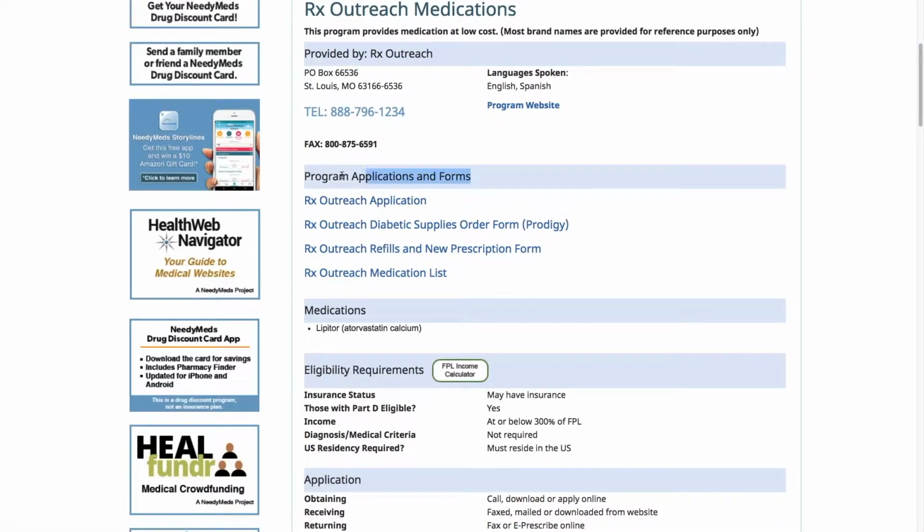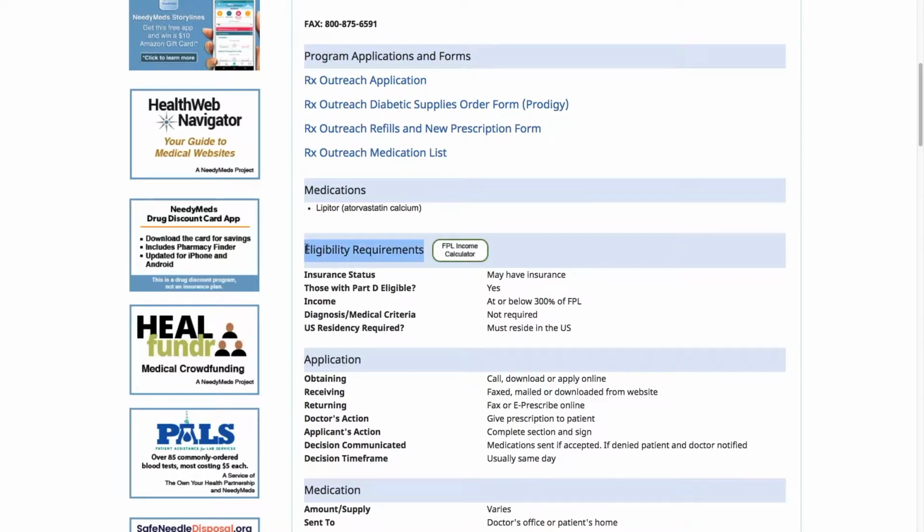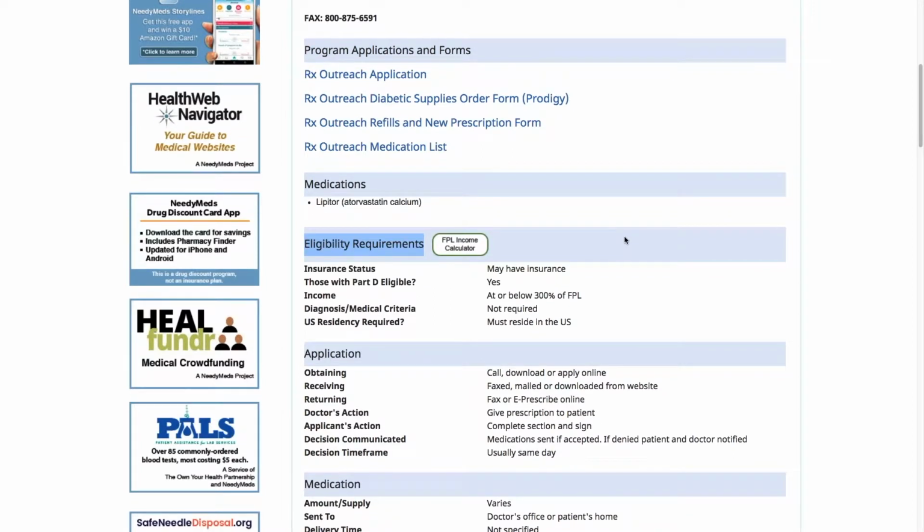Pretty much always in the programs and applications section, you'll find a hyperlink that will allow you to complete and print out the application right from your computer. If that's not available, just more instructions will be provided. Next, you'll find the eligibility requirements section. And as I had mentioned very briefly in the beginning, eligibility requirements will vary from program to program, but they're almost always based on whether or not somebody has insurance and what their annual income is. And because asking about the annual income as part of the eligibility requirements is so common, we put together a quick federal poverty level calculator right there so you can figure out whether or not your client or patient is